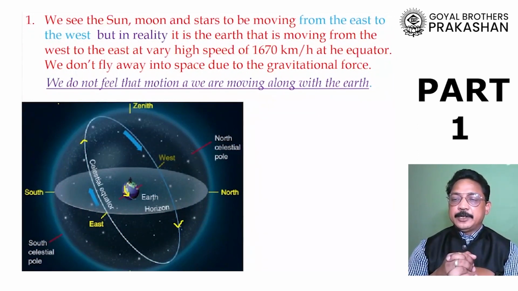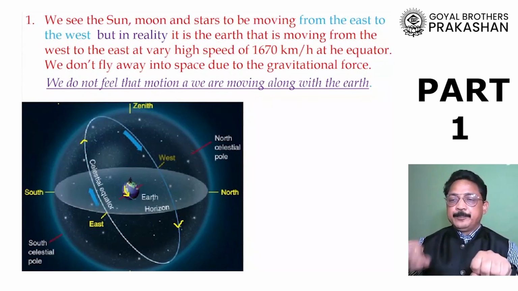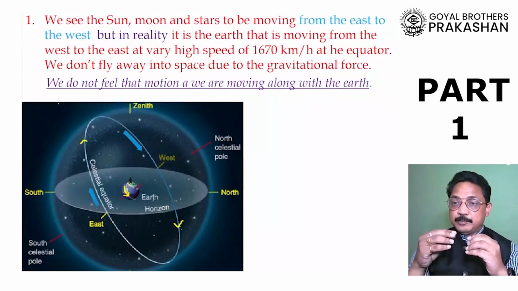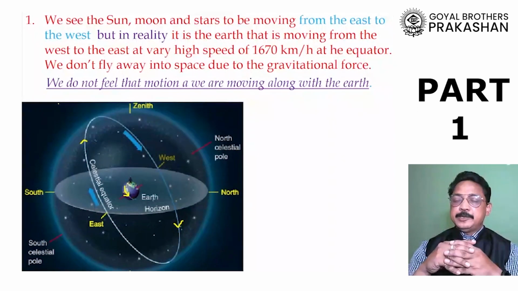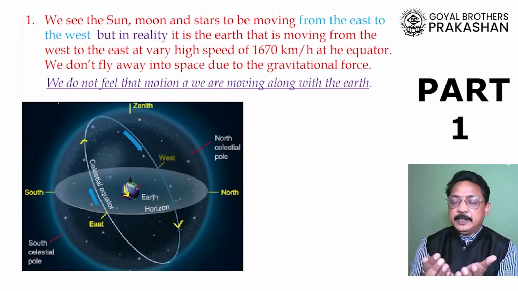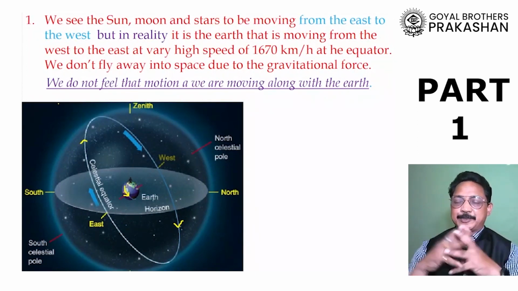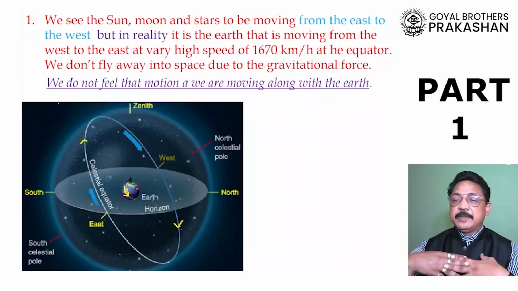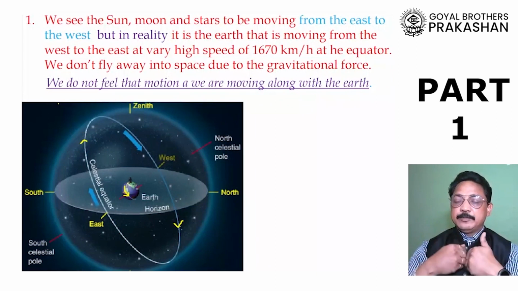Now, imagine that you are seated on a motorcycle and that motorcycle is going with a very great speed. Let us say 70 kilometers, 80, 90. The moment it crosses 100, the speed is so high that you find it very difficult to stay there. And you may get a feel as if you are getting pushed behind. Now, if the earth is moving so fast, with a speed of 1670 kilometers per hour at the equator, why don't we fly off in the air? Why don't we simply fly away from the earth?